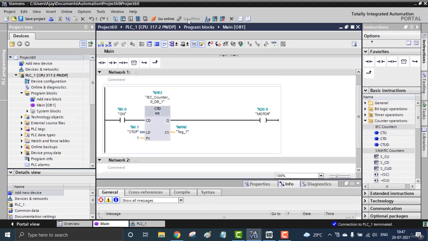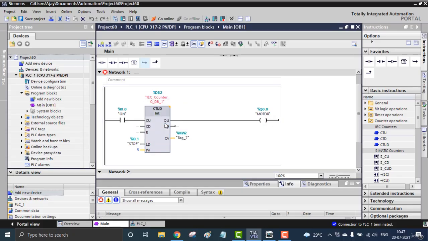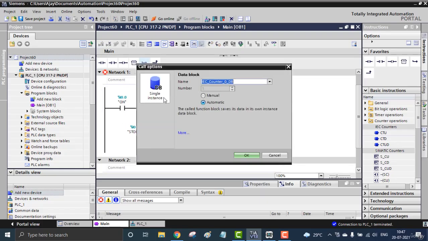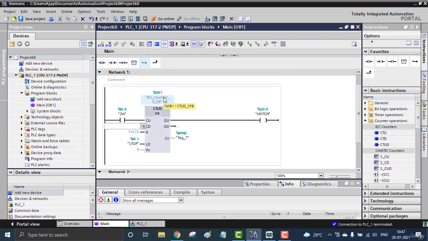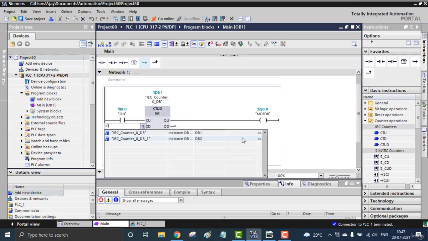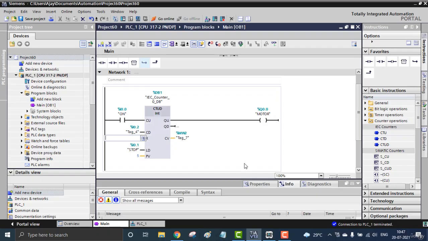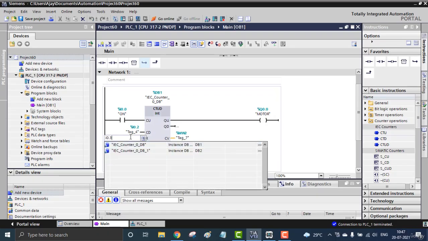So the last thing, we can go for the up and down combined counter. So CTUD, and DB1, I'm making it DB1. Here I can use the down counting bit also, I0.2. That will be the down counting. And here I can use the reset also, I0.3.